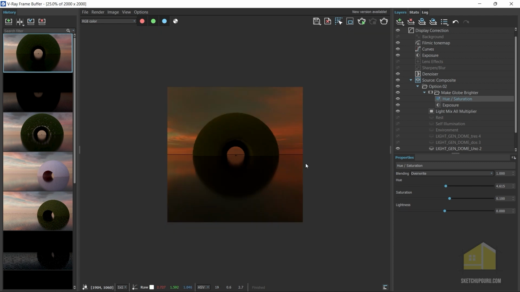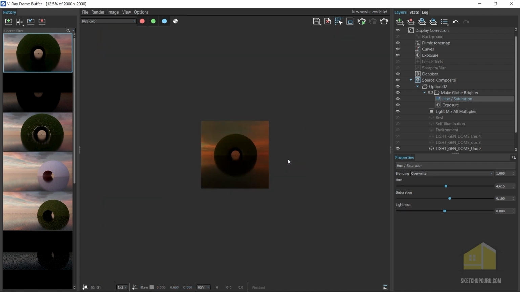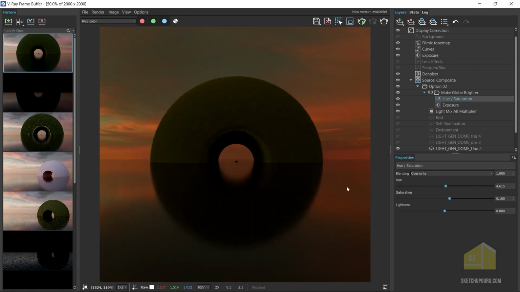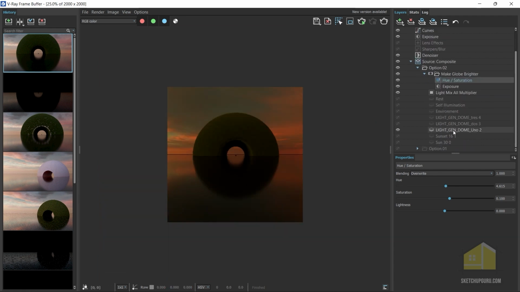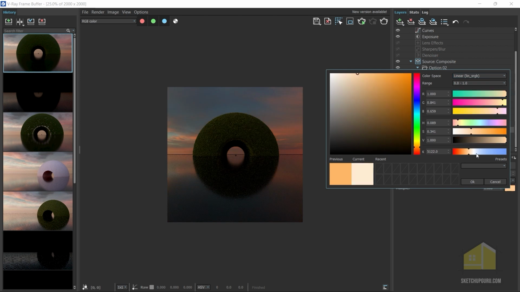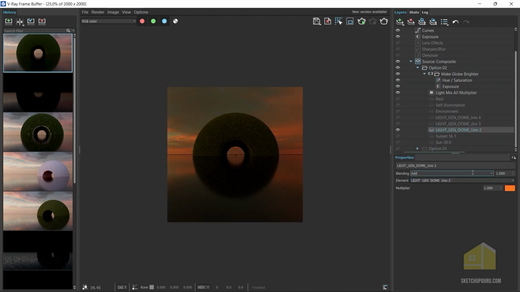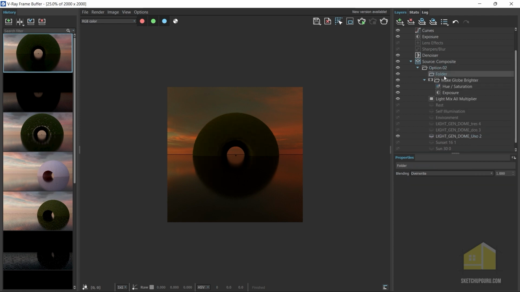How cool is that? Similarly, you can also change the color of, say for example, this water here and the sky as well. There's two ways. One is either changing the color here using the dome light color, or you can create another folder. So options, new layer, folder, call this color change, and then you'll have to add a crypto matte mask, add your